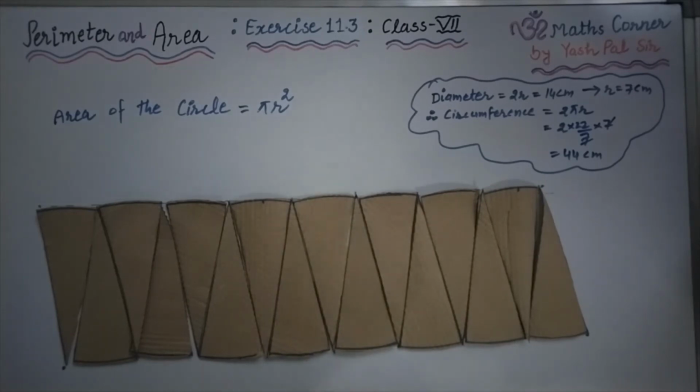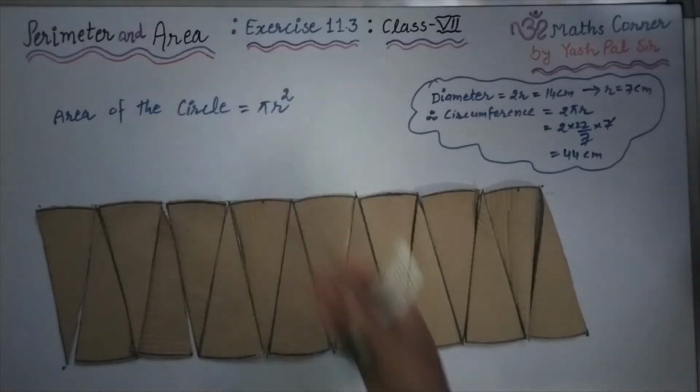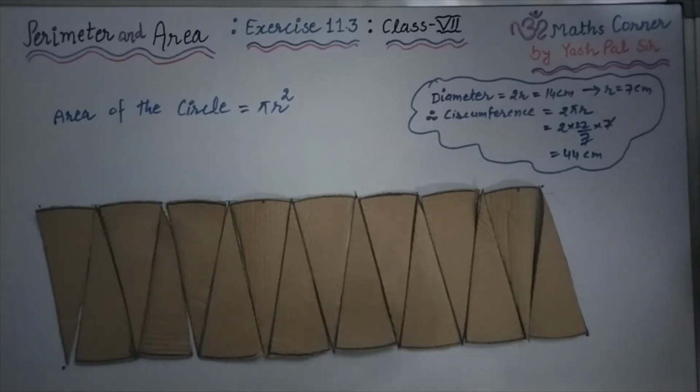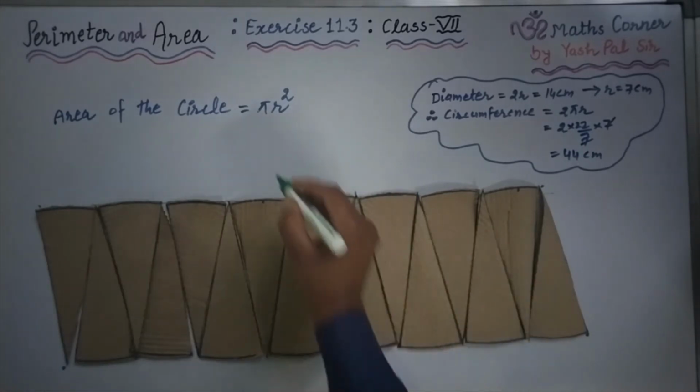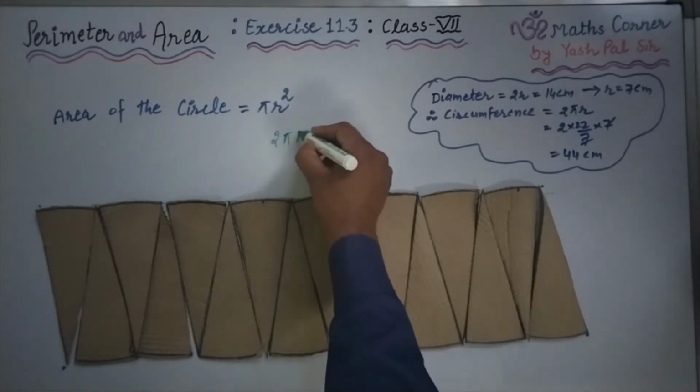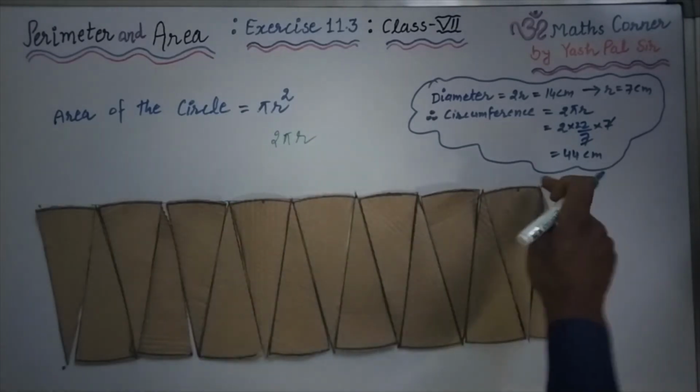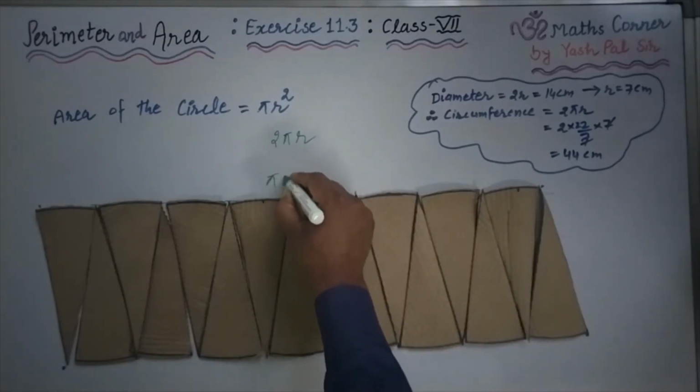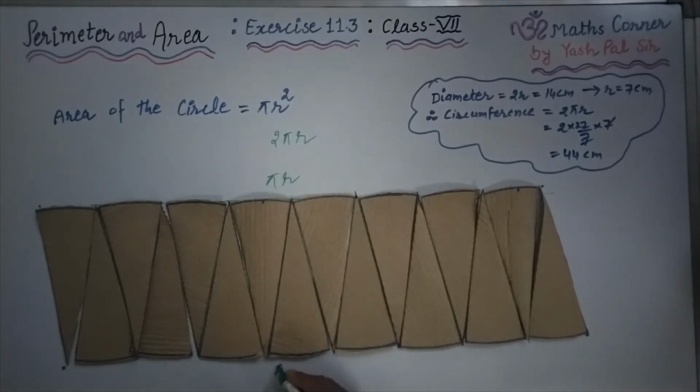So we are going to arrange. Now one more thing I want to explain here. What is this? This was part of the circumference. Half part is this side, half part is above, and half is below. So the complete circumference formula was 2 pi r. So half, pi r, is here, and half pi r plus half pi r is the complete circumference.